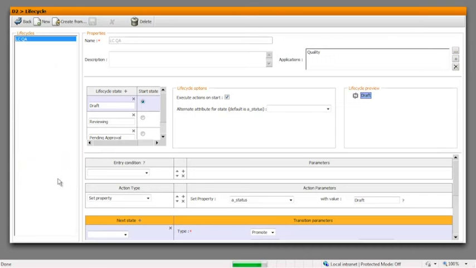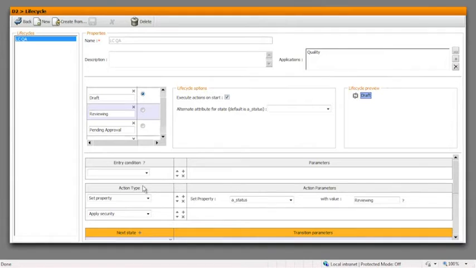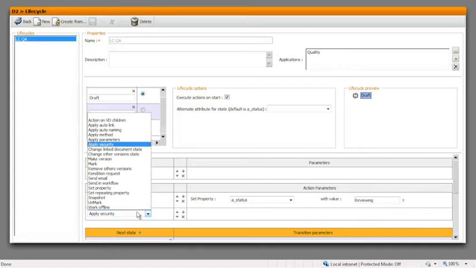So this is great because when you want to update the security, you just have to update it once in the main matrix, and this will be applied automatically on the lifecycle. You also have different other options, such as